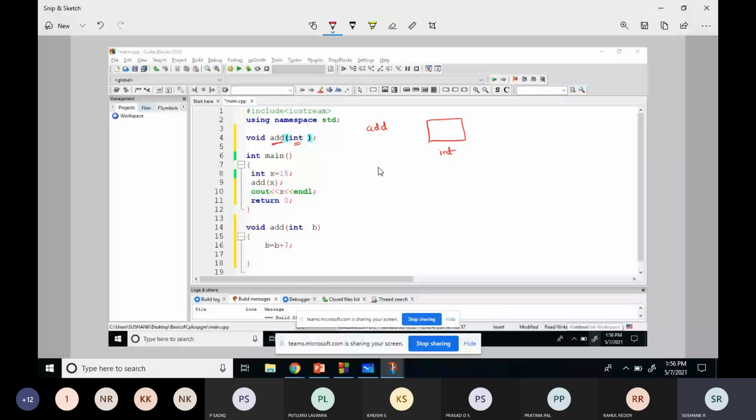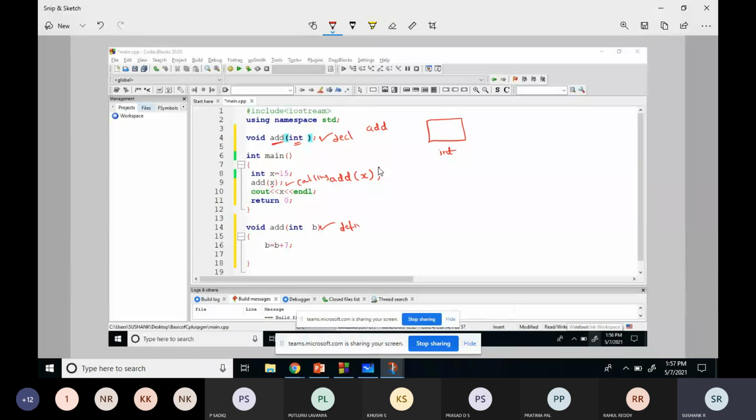I'm writing the function call as add of x. See, here it is the function declaration, this is the function definition, and this is the function calling.